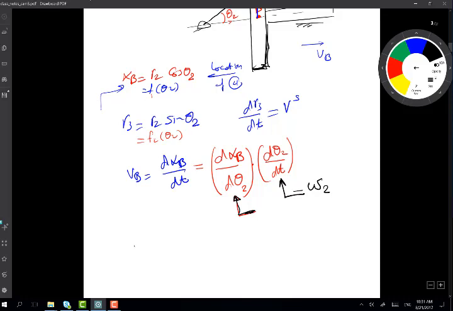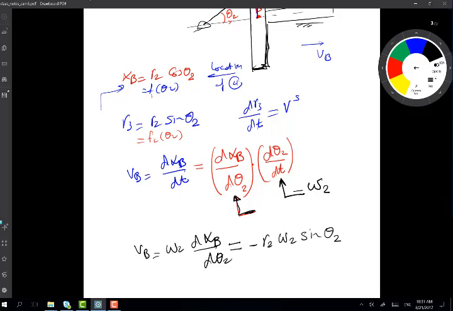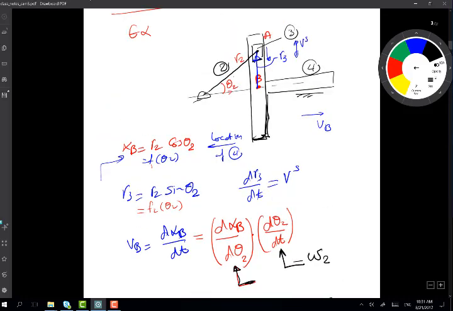So this means straight away VB is omega 2 dxB/d theta 2. So it's a simple expression. You differentiate that with respect to theta 2, you get minus cosine. So this is minus r2 omega 2 sine theta 2. So this gives you some idea of the sliding velocity. This is the expression for the sliding velocity, and you can tell here it's negative